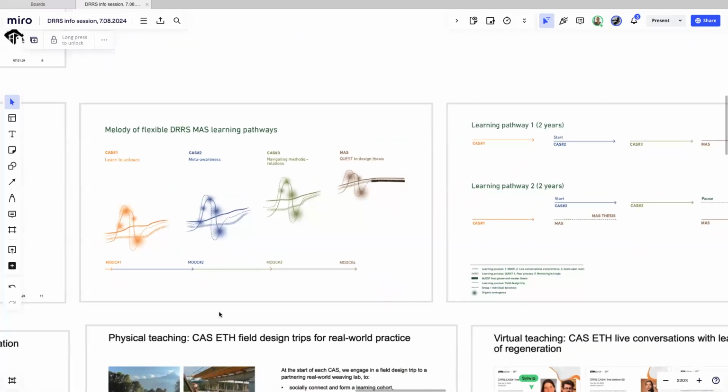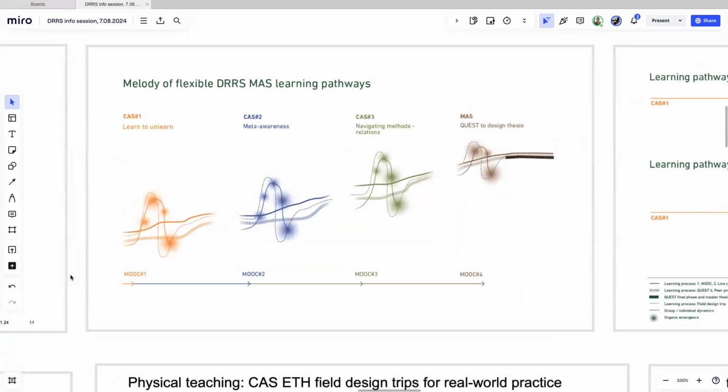Yeah, so what you see here is very fresh from the press, a very fresh graphic. It consists of the main 4 modules that we're talking about right now, 3 CAS and 1 MAS. And as Toby also mentioned before, we have our visual language, each color reflecting a particular module.